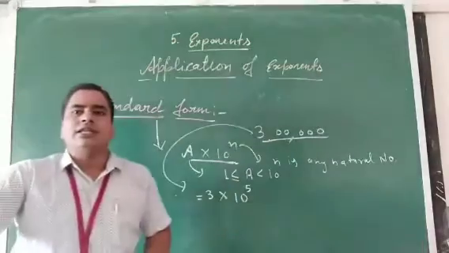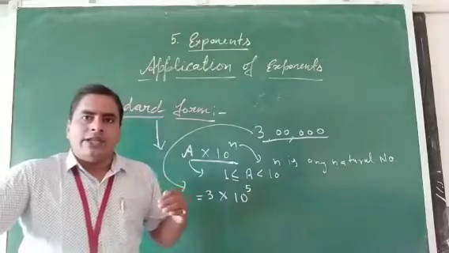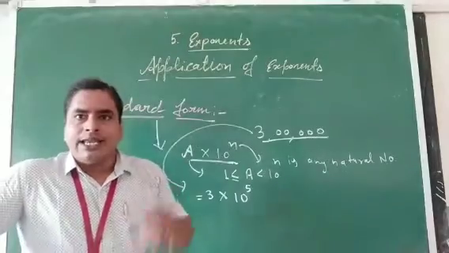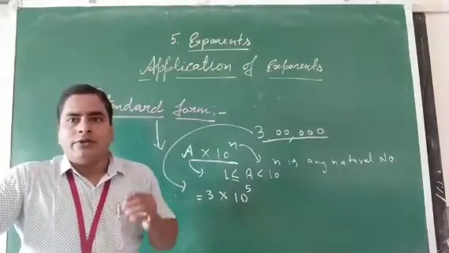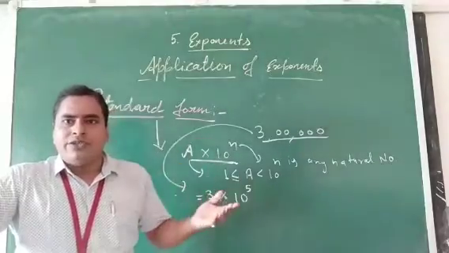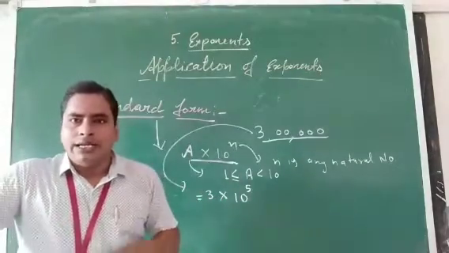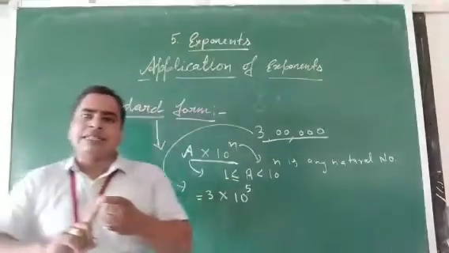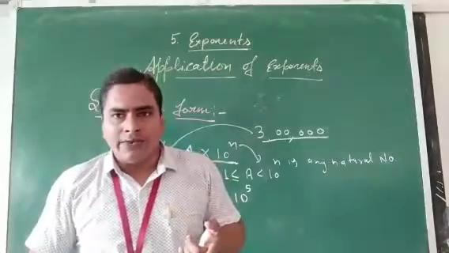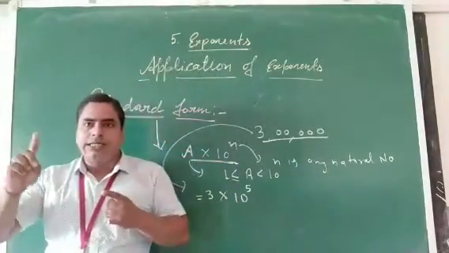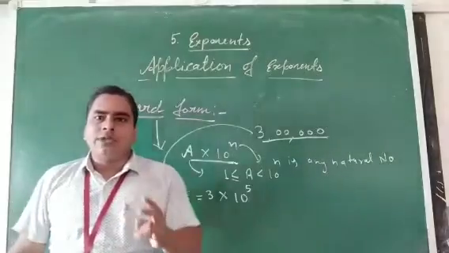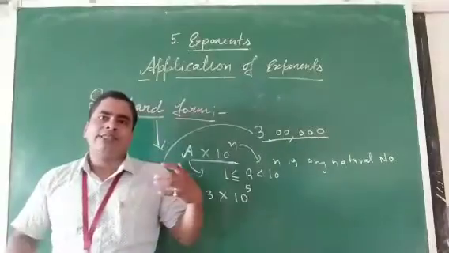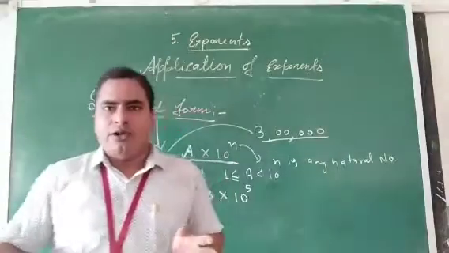Some more examples you can see, that are given in different books with different size. Some more values of different units are given. 3 lakh kilometer. Okay. 4 crore meter or 4 crore kilometer. Clear? So easily we can express this by this rule, standard form. Distance between the earth and sun, distance between the moon and earth, distance between two planets, we can express by using this standard form, a very large value of number.